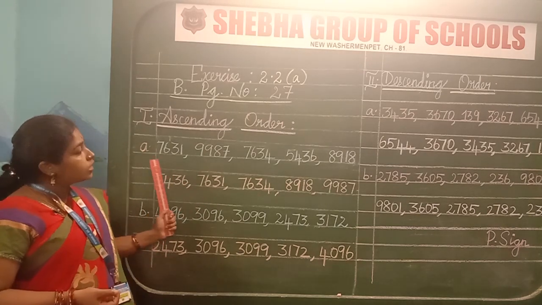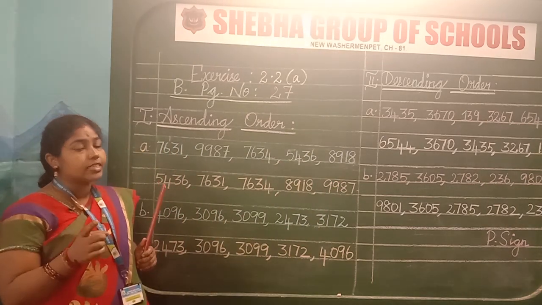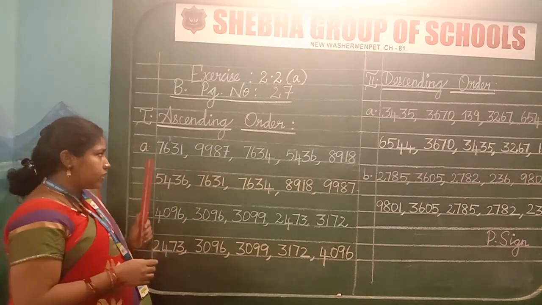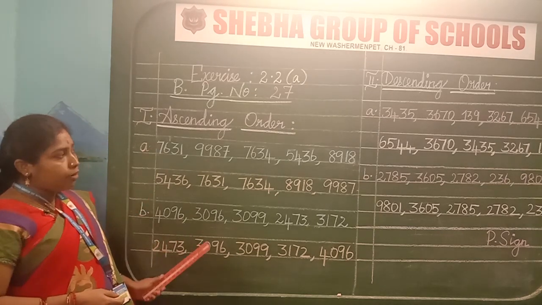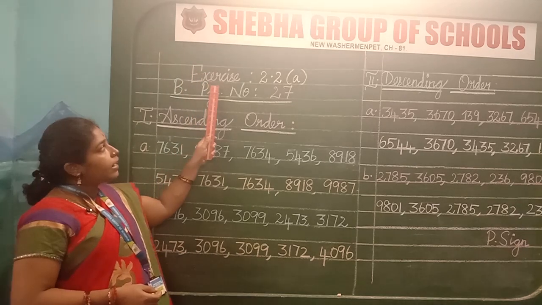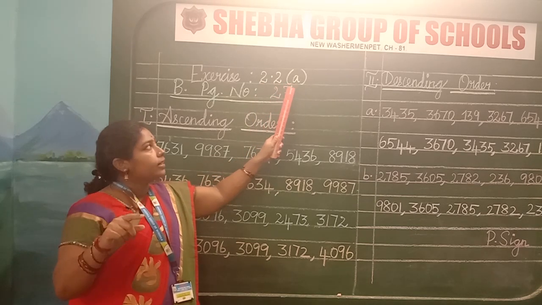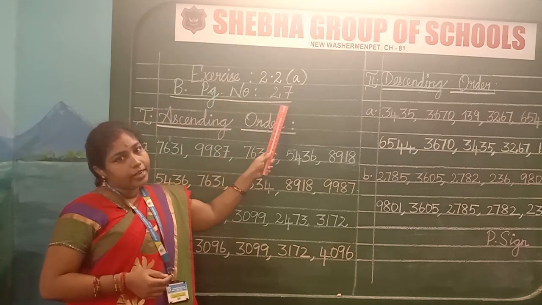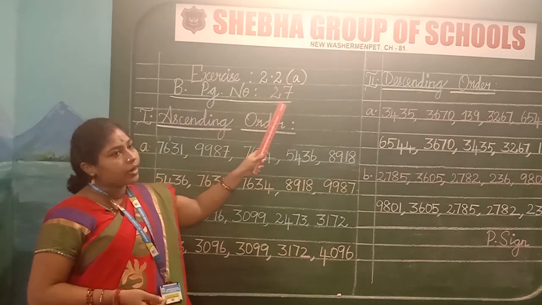So here is the sequence of numbers. Children, when you are writing, just listen and write the numbers carefully. It is very important in the maths subject, children. So let me explain to you how to write the classwork. Take a fresh page, leave the first line, and in the second line write exercise 2.2. In the bracket write the A, and in the next line write book page number 27 for your easy reference.